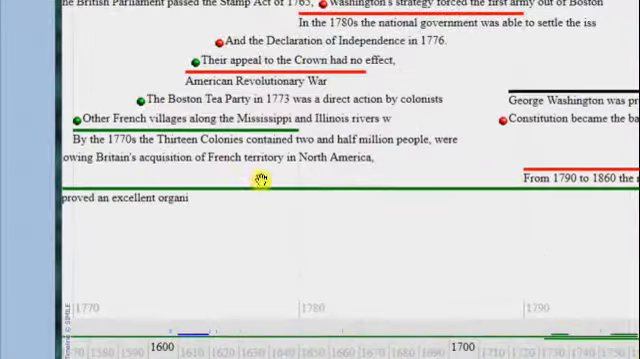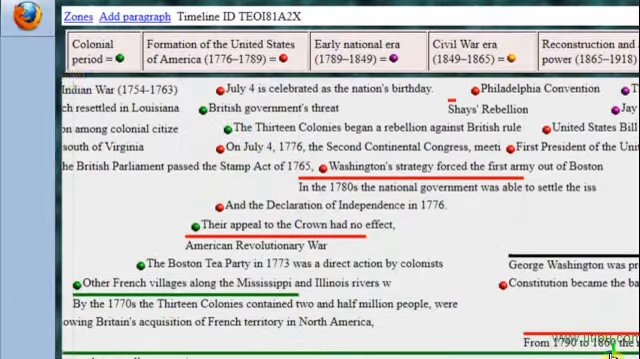Let's see, shoot, nine. Get this over here. Where are we at? Come up here. Click on zones,